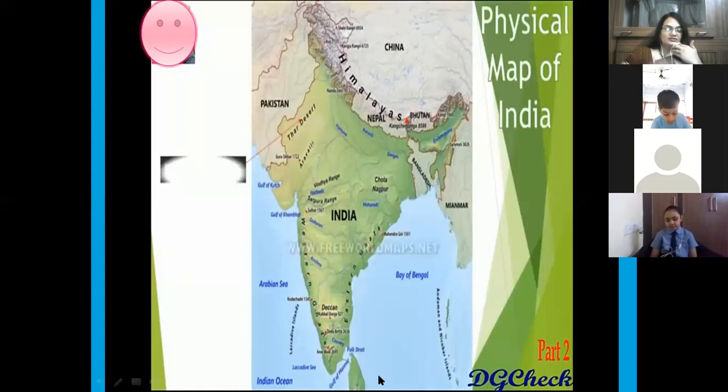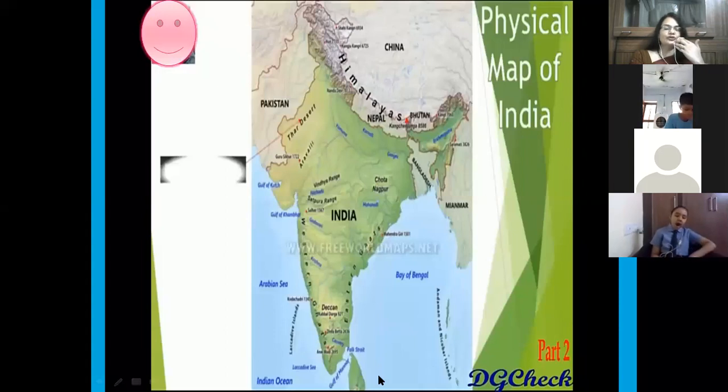directions, students. Yes, there are four major directions: north, south, east, and west. And some other directions are also there. Now, with the help of direction, we can know the top of the map is the north direction, students. Yesterday also I explained to you. Today again I am repeating. Top of the map is north direction. Bottom is south direction. Your right hand side is east direction and your left hand side is west direction, students.